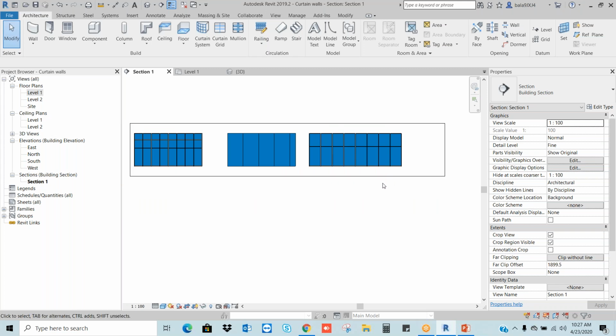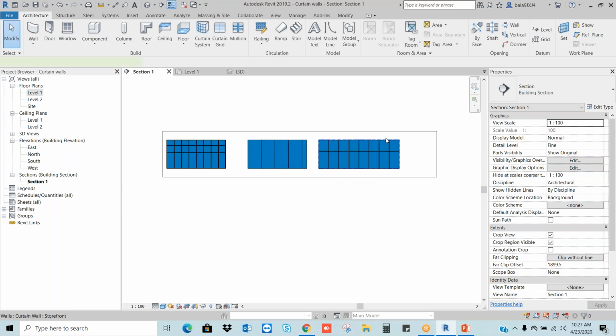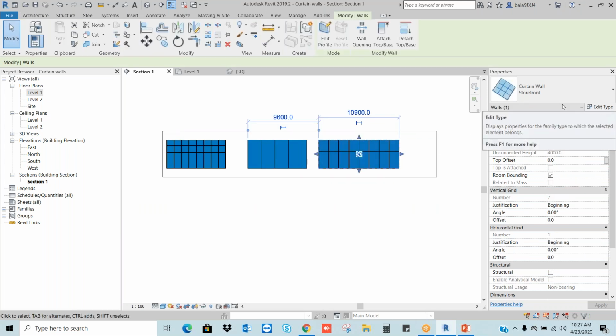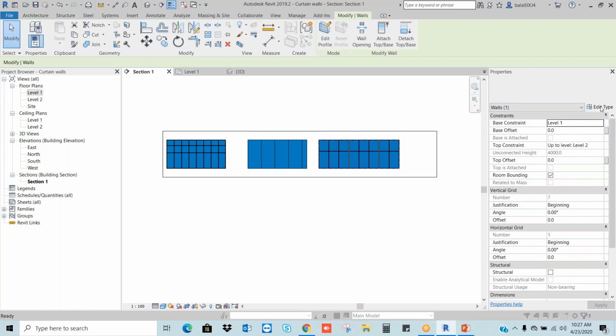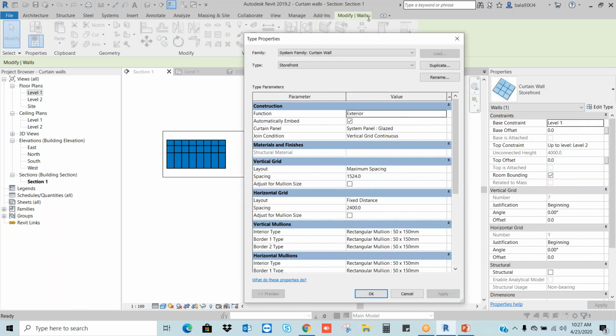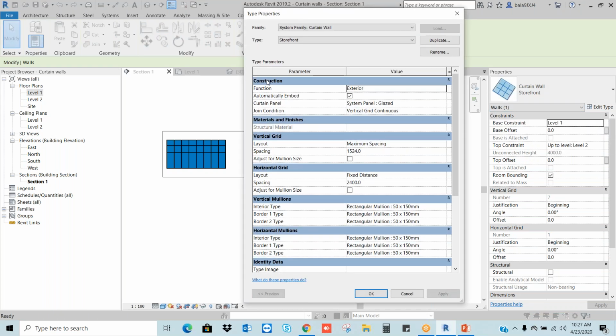So why we are getting this is, if you select this wall and observe in the properties, go to Edit Type, you can see it here. Construction, material and finishes, vertical grid. Here we have the maximum spacing and it is dividing into some dimension.